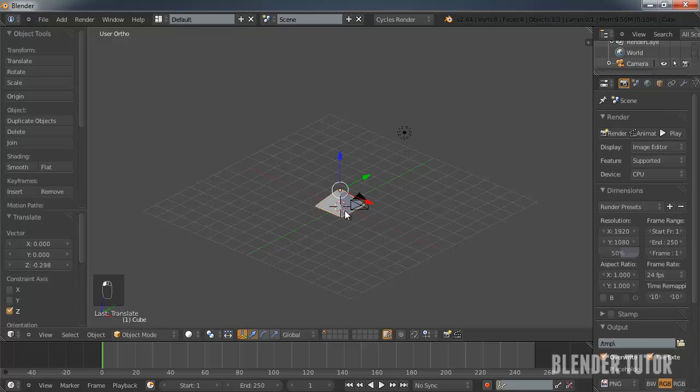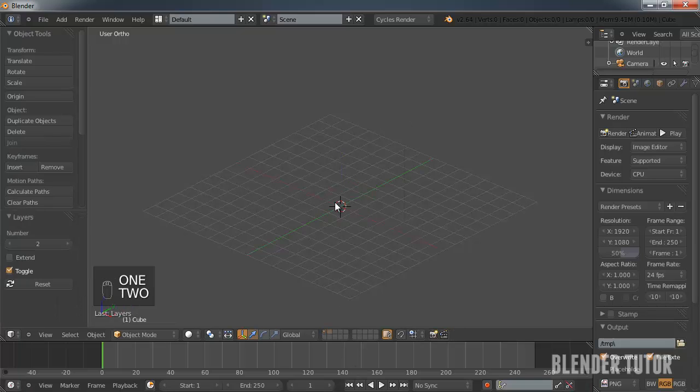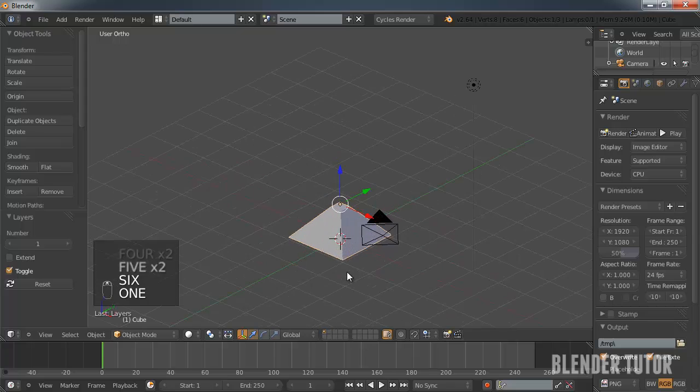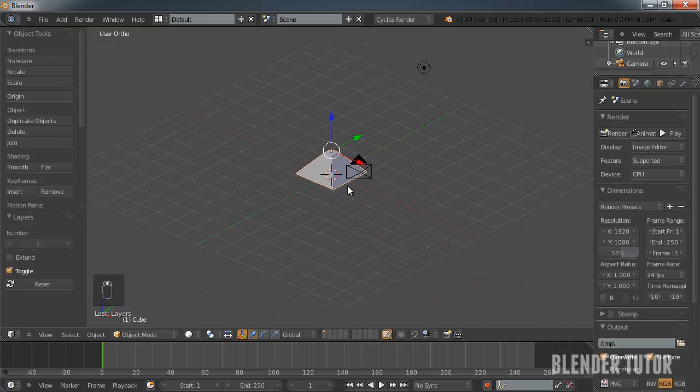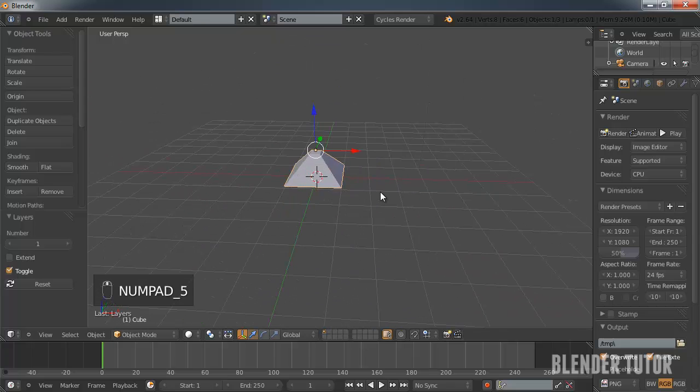And you could actually quickly jump back and forth between layers with your top number bar on your main keyboard. So basically each number is one of the layers. So 1 is layer 1, 2 is layer 2, 3 and 4, and you can see it changing down here as I'm jumping back and forth. And with a scene as simple as this, it's not really necessary.